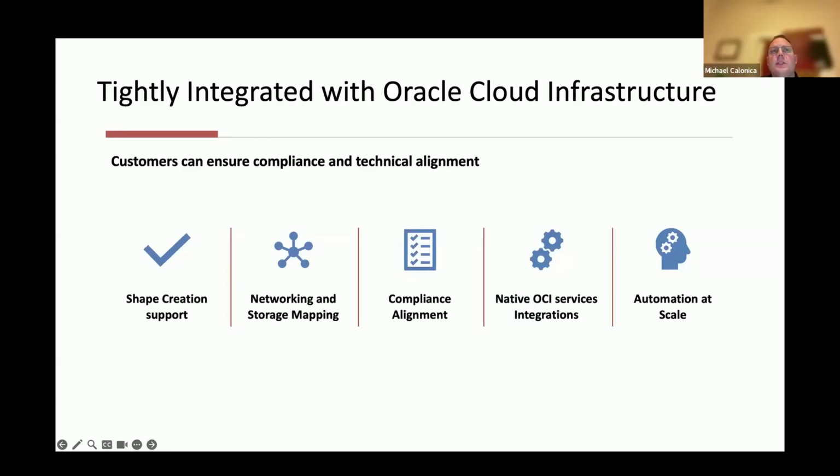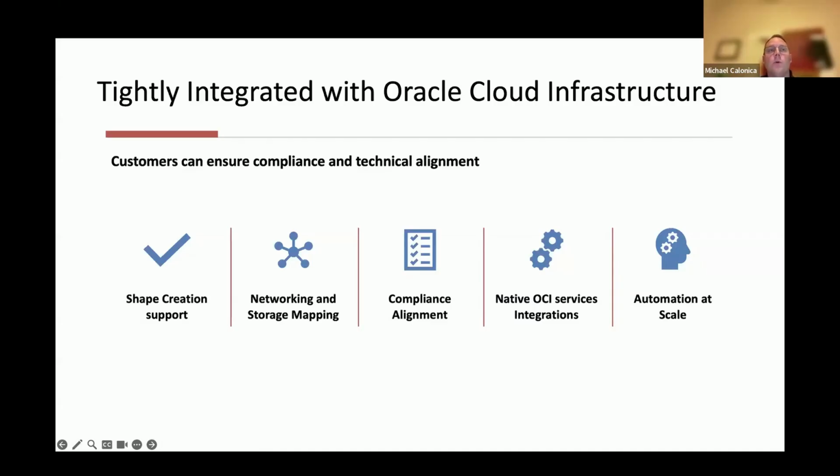And then we have native OCI services and integration. So work seamlessly with OCI IAM, monitoring and cost optimization services. And you'll be able to benefit from a single and integrated cloud operation model. And then automation at scale. So RackWare enables automated migration and DR workflows aligned to Oracle Cloud. It reduces that manual services drastically and allows you to scale delivery capacity.